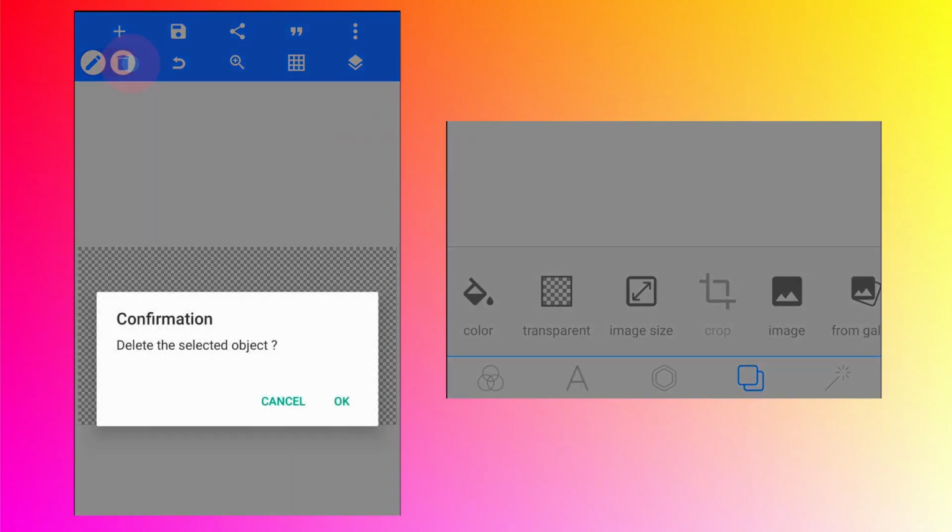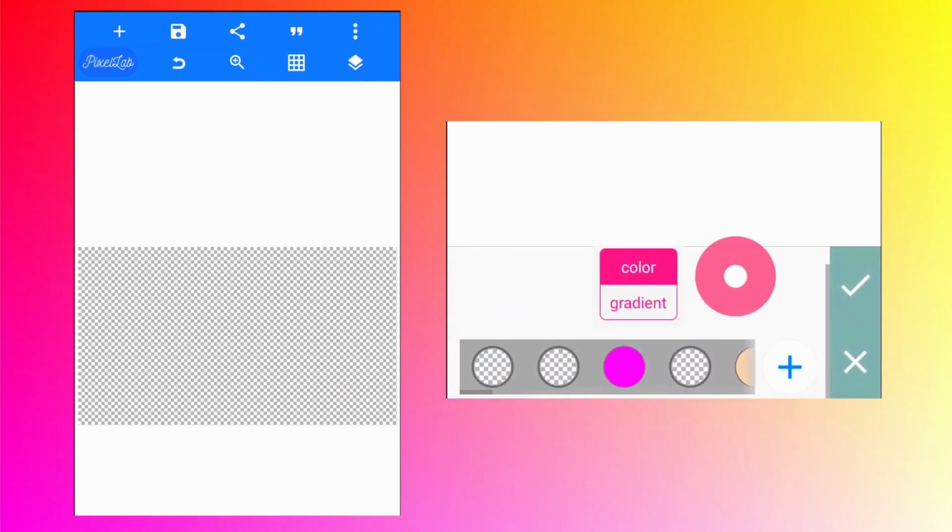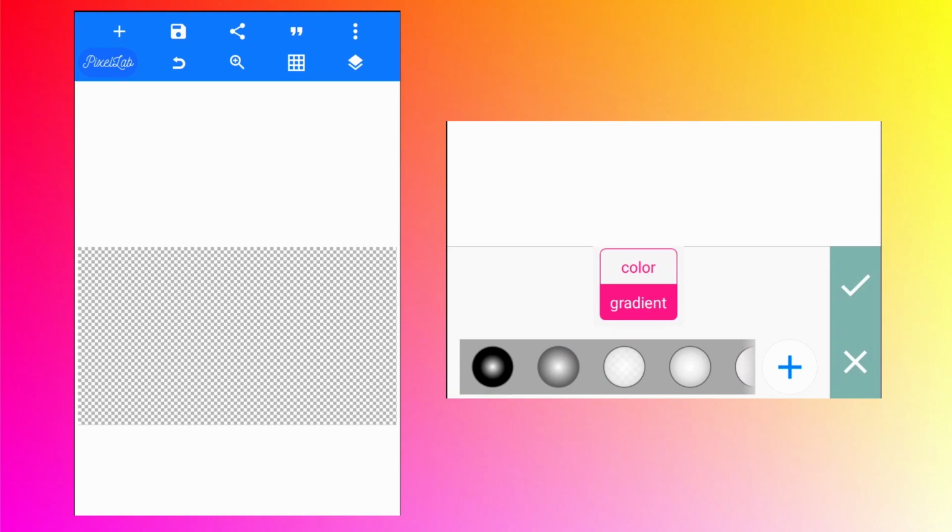Now delete the text. We need one more background where the center will be white, and when you go outside from the center of this canvas it will be a little gray or dark. Why do we want that? Because for the neon effect we want the area near the text to be brighter, so the colors will be brighter in that area, and when you go away from the text towards the corner of the canvas, it will be darker, so it will give a contrast effect and it will look very nice.